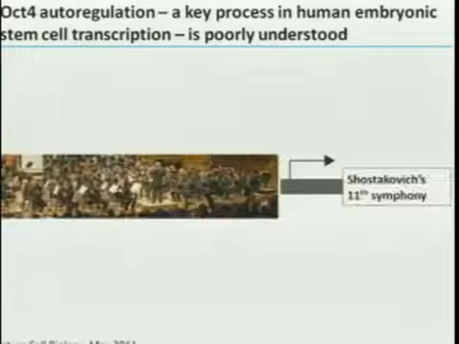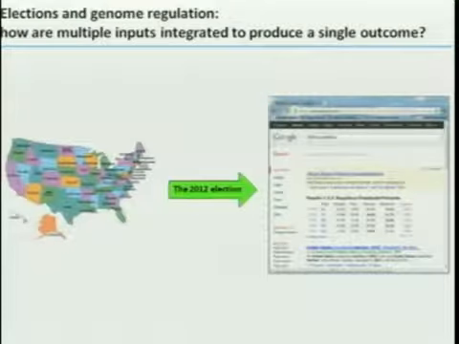Our current model is a little bit like this picture of the UC Symphony, which just played Shostakovich 11, I should point out. There is a bunch of people on stage, but we don't know who plays which instruments, and how each individual contributes to the overall sound being produced. Just like in elections, the question becomes, how are the multiple inputs in this remarkable country combined to produce a specific president? The challenge for your generation is to understand how the following things are integrated.